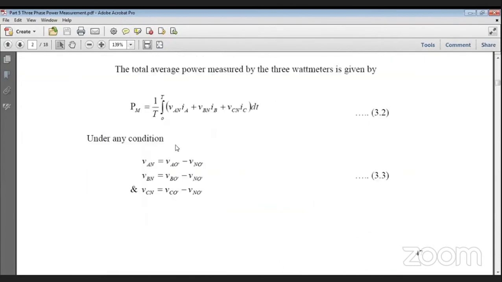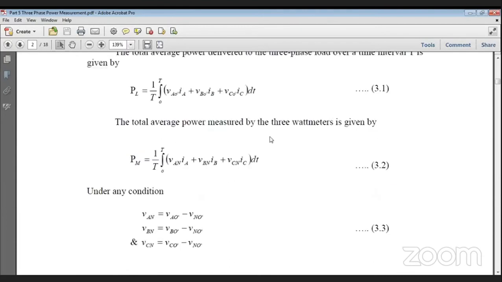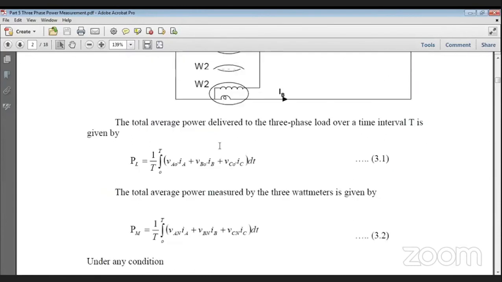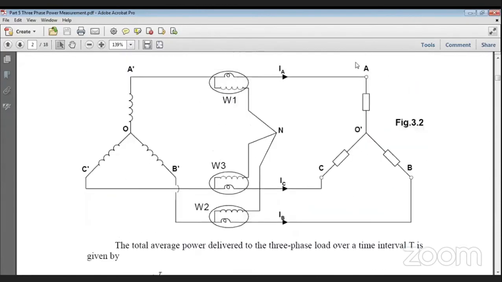Because I told you, if it is a delta, if IA plus IB plus IC in the line does not hold good, then there will be no return path. Only in the four-wire star is IA plus IB plus IC equal to 0 not valid. So that you can show later on. So yes, this connection works for delta, it works for three-wire star, but it doesn't work for four-wire star. So this is something please remember for this connection.